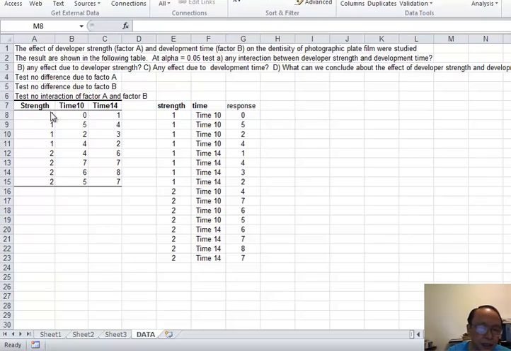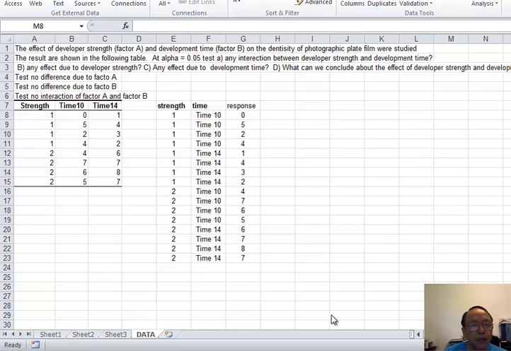So now here is our data. I also put the data in column form. This form we need to use later for StatCrunch, because StatCrunch cannot use the data the way we have it. Okay, now let's see how to use